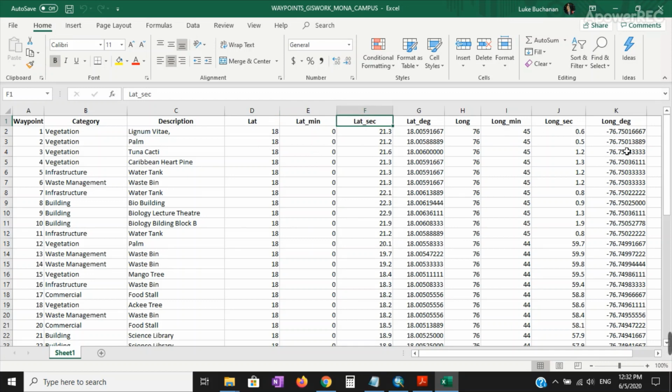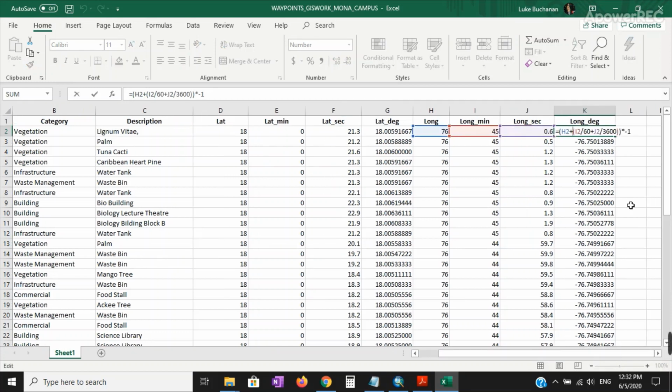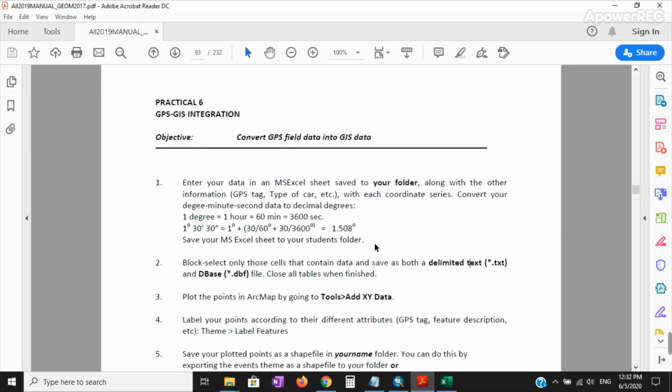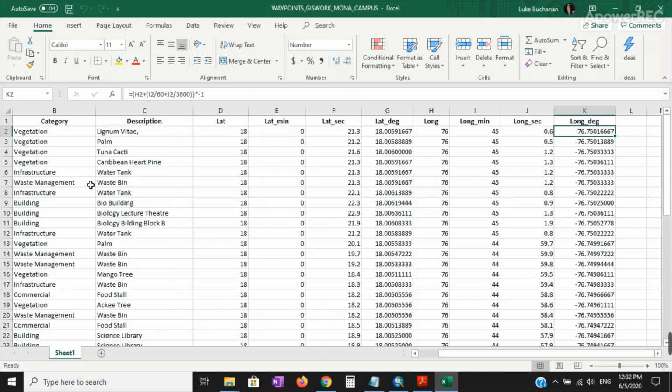And it is important to note that when you're calculating the longitude value, as you can see in the formula here, you're going to multiply everything by -1 based on the hemisphere that Jamaica is in. Okay, so I'll go back now to the other steps. You implement your formulas, and the next step as seen here is to block select all your data once you're satisfied. So we're going to block select all our data